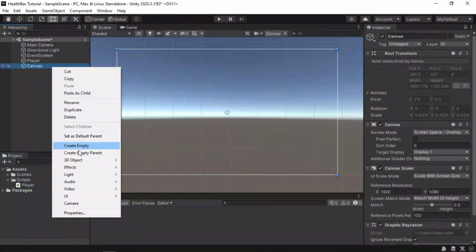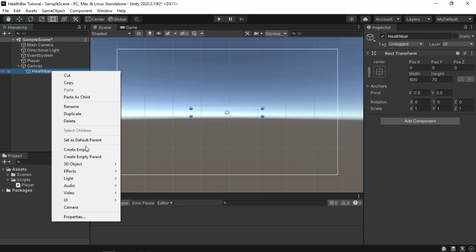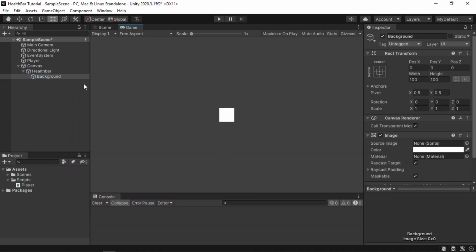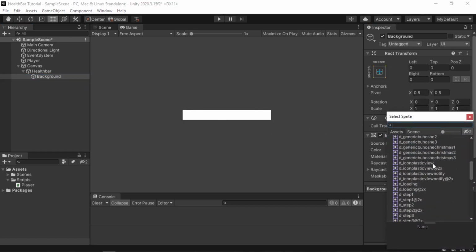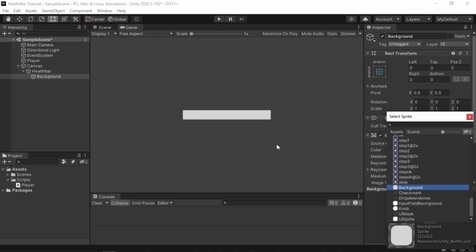Now let's create an empty game object under the canvas and set its width to 600 and height to 70. Of course, this is gonna depend on the size of your health bar. Now let's create an image and call it background. I'm going to click here and press Alt and select stretch. Under the image, you select your custom background, but I'm going to select this one here called background and set